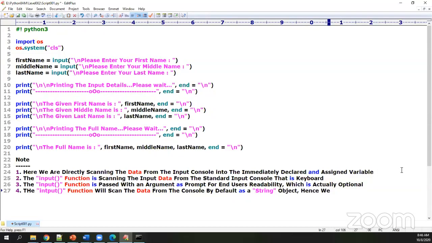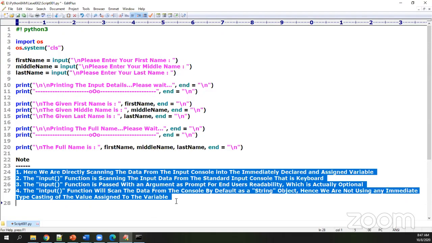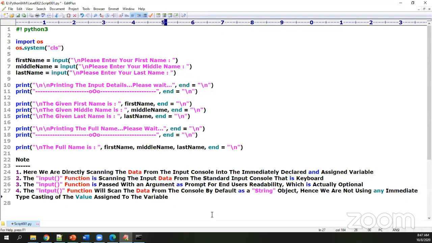Hence, we are not using any immediate typecasting of the value assigned to the variable. These are all things you should always remember. If I'm spending my time on certain things like this, it clearly indicates that in the coming classes I'm not going to give any details of these things. Be very clear about that.